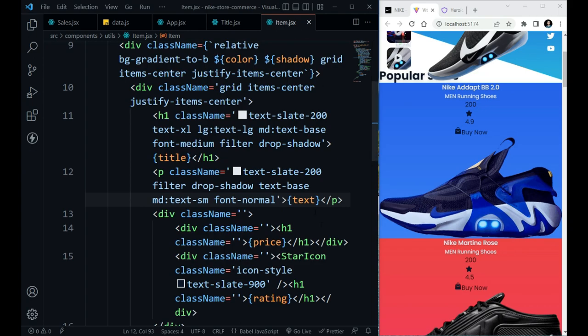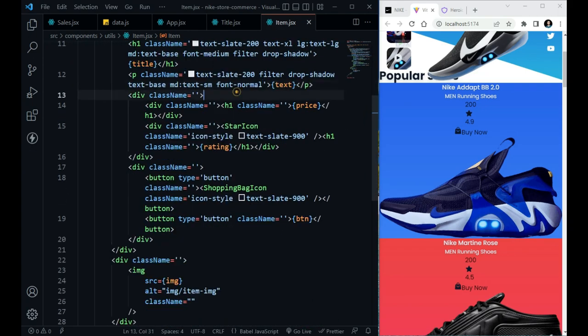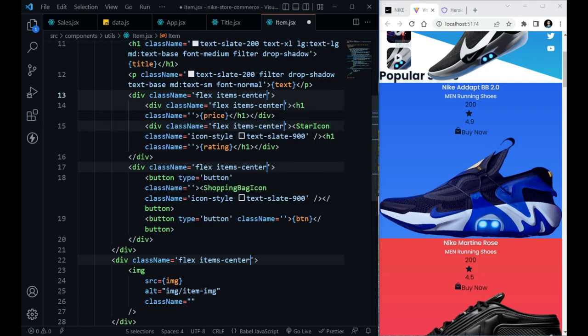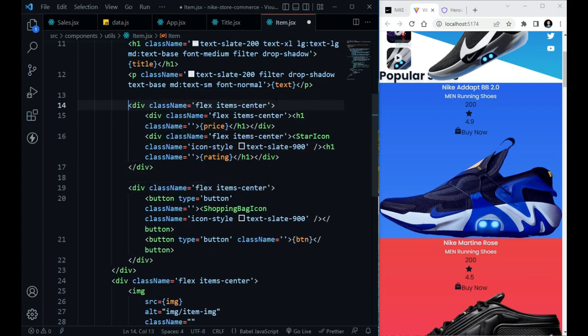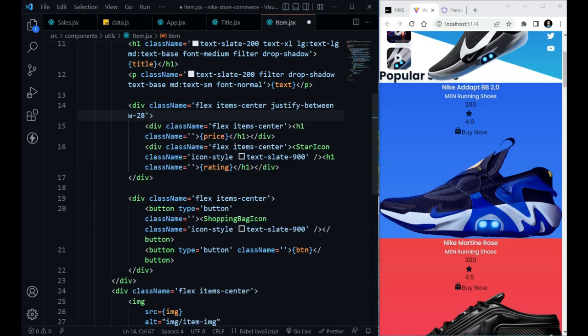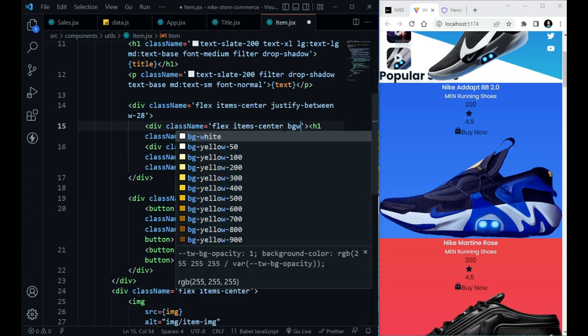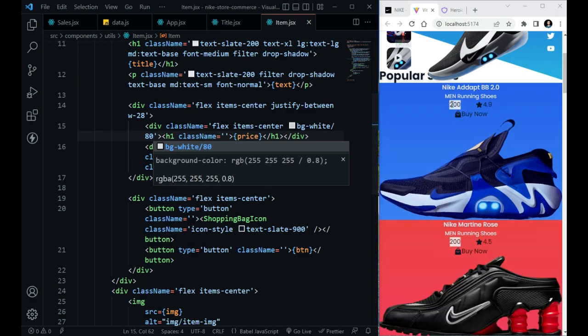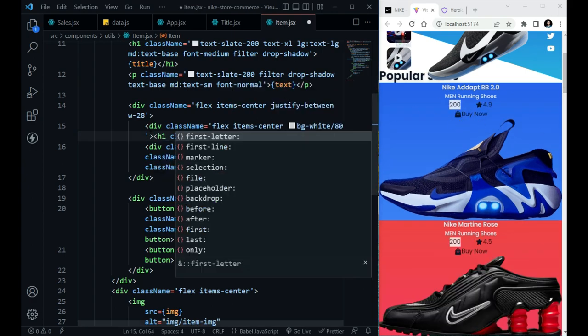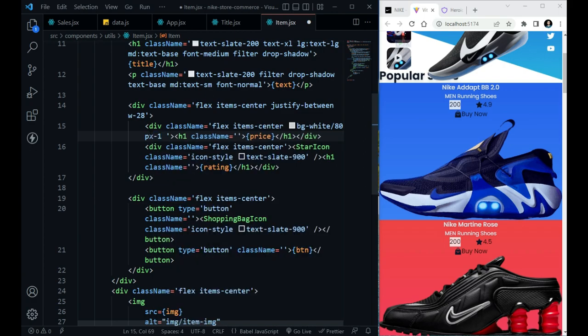Hit save, boom, great. Now select all this, Control D, flex, item center, but in this first div, which is our rating and price div, justify between, width 28. Now in this price div, background white /80, it's approximately opacity 0.5 and it's white color. Hit save, I can see a nice background. Padding x1, rounded,